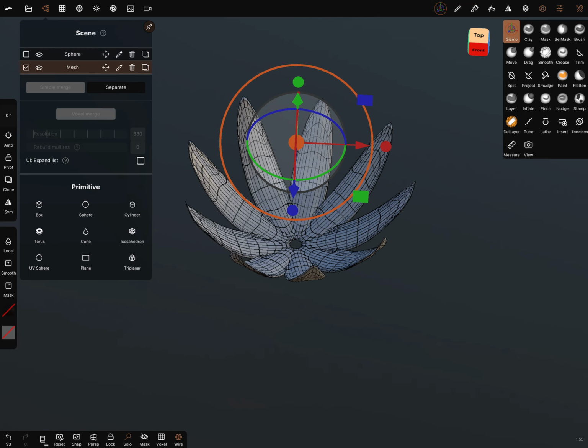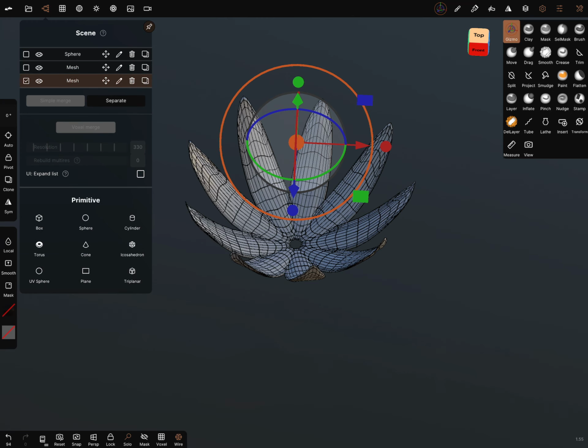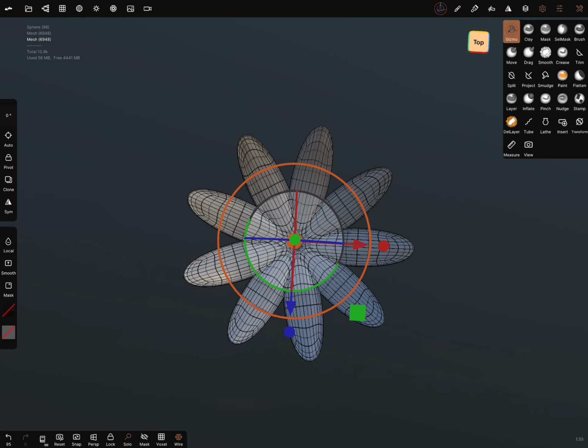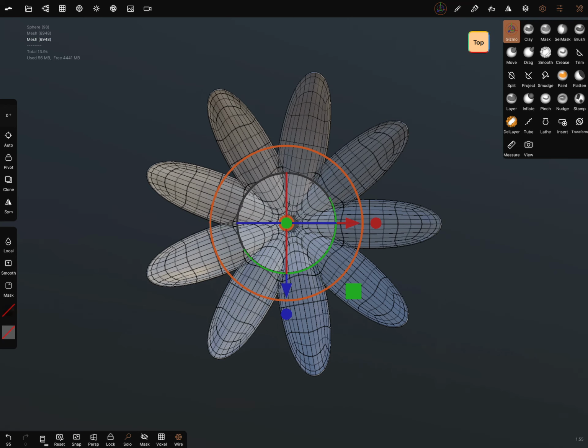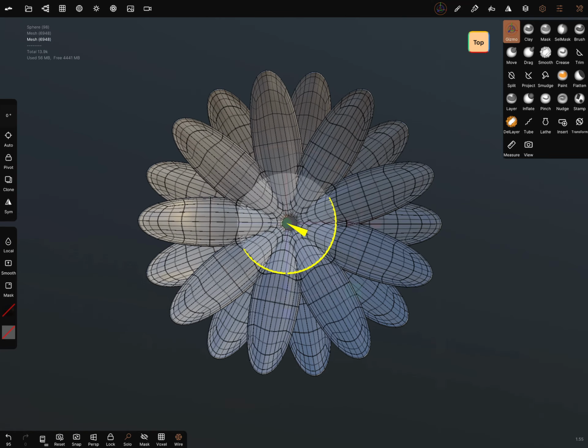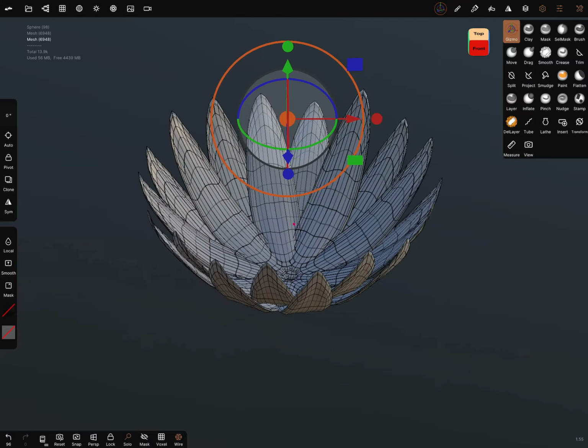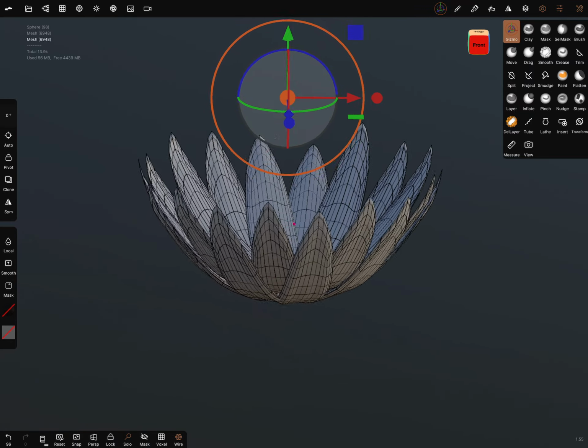We can go to the scene menu and duplicate this, bring it a little bit up, go to the top view and rotate it a little bit. This is the second one.